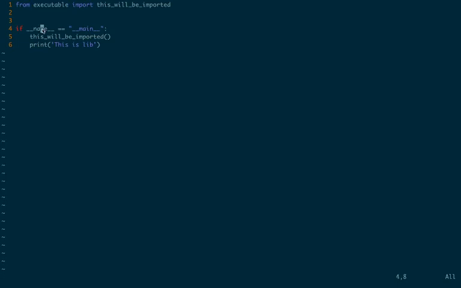You can see we didn't even get hello world because the name was not main for executable. When we import executable, the value of __name__ in that file becomes executable, right? I hope you understand. I hope I'm not confusing you.